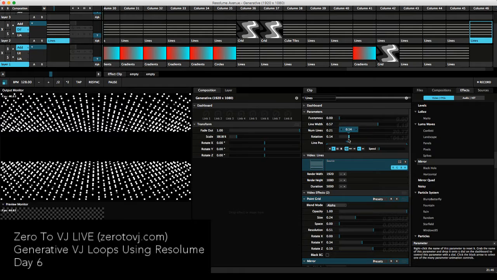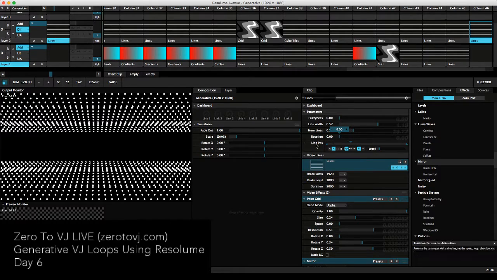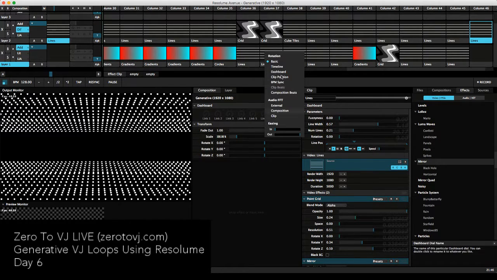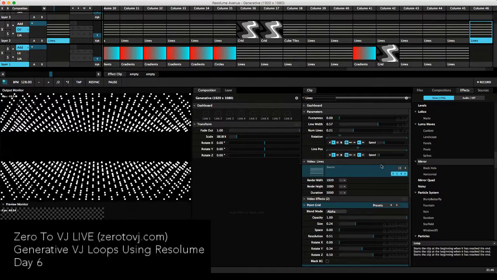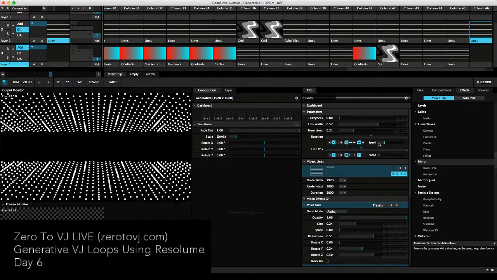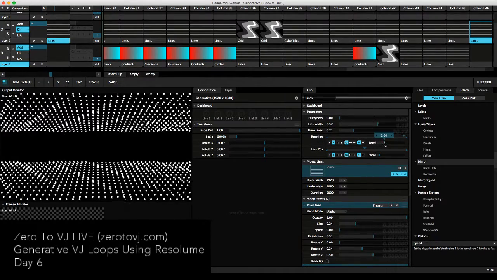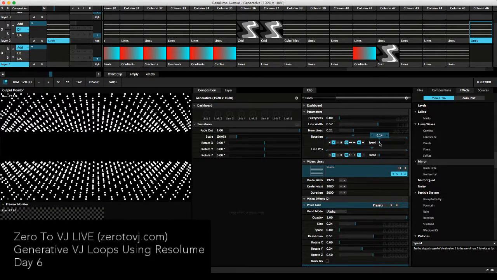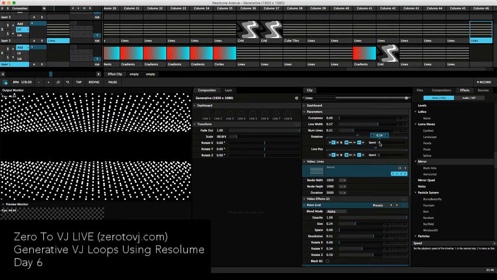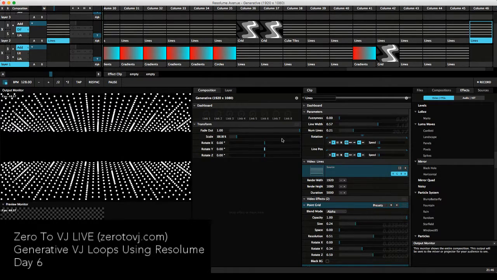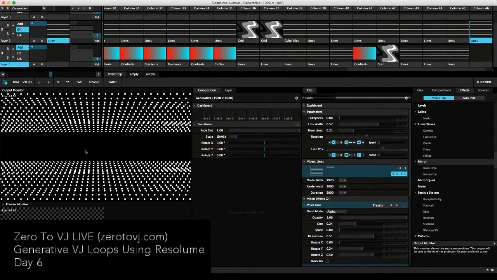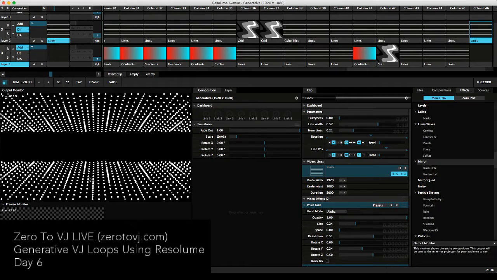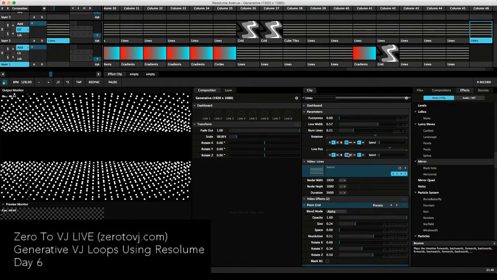So, what could be kind of cool is to animate this rotation setting. And I'm going to take the speed down again. And now you're getting this line, this point grid kind of moving around. And maybe even try